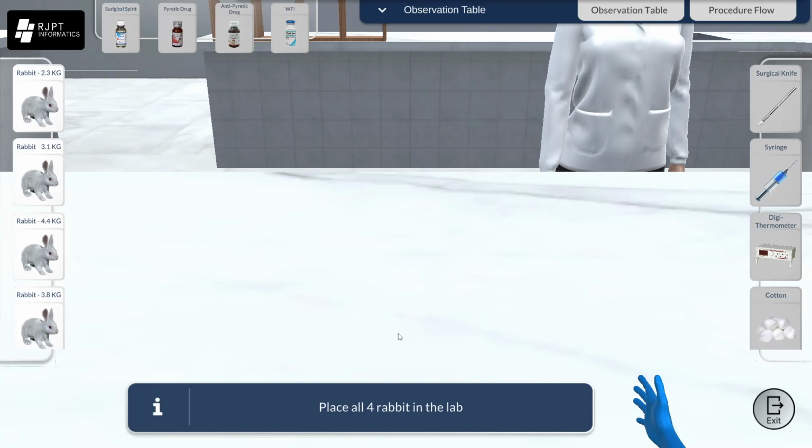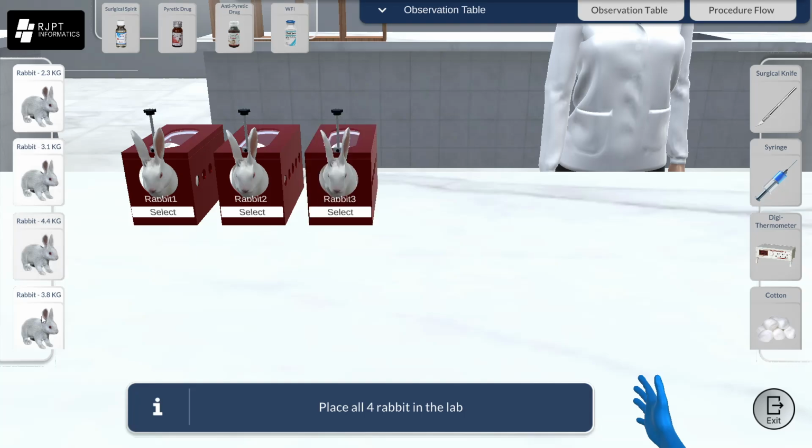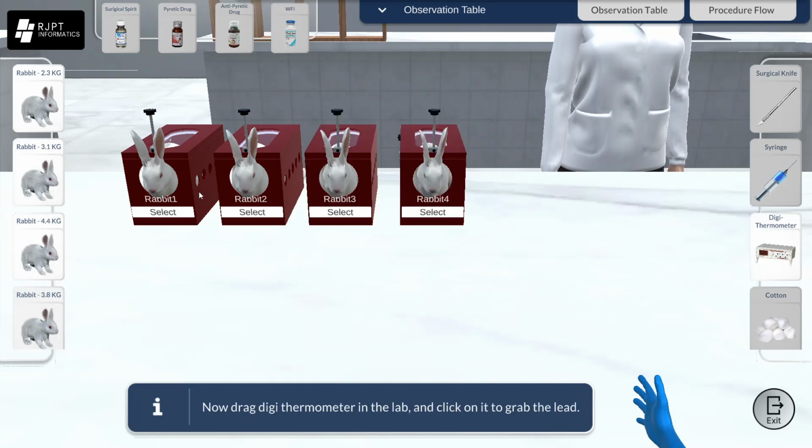And at first, the instruction says to place all the four rabbits in the lab. So we will click one by one, and all the rabbits will be placed on the laboratory table. As you can see, rabbit one, 2, 3, 4. And now drag the digital telethermometer into the lab by clicking